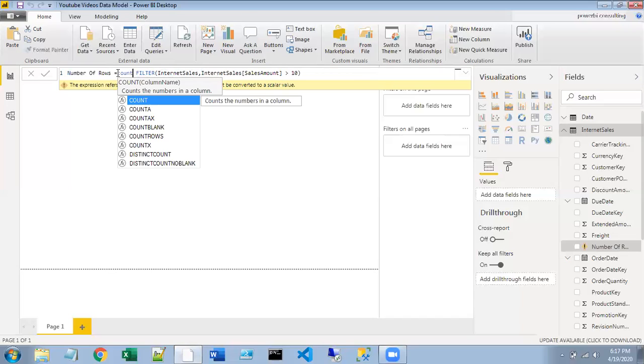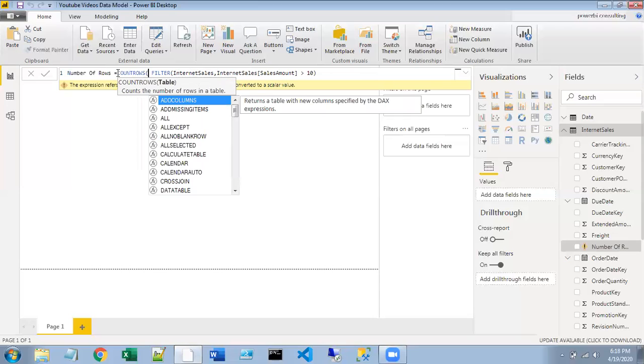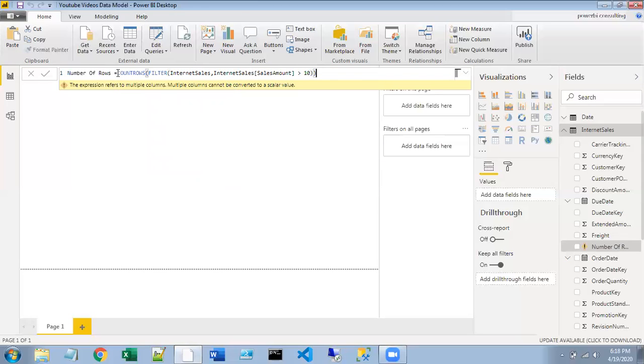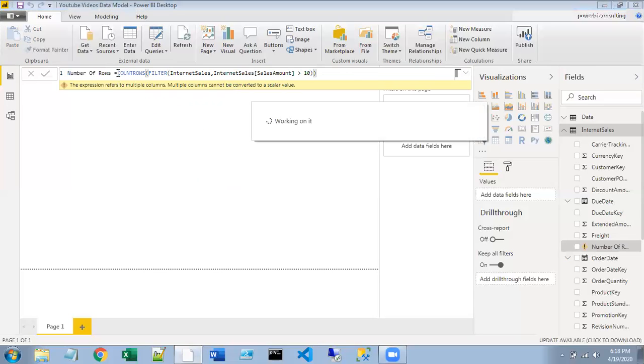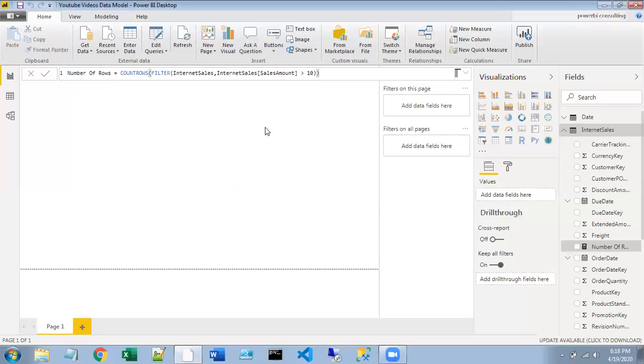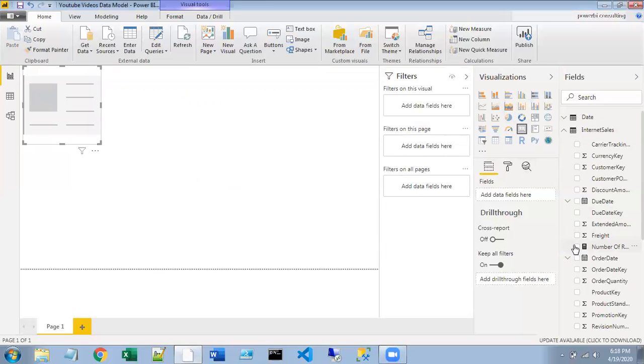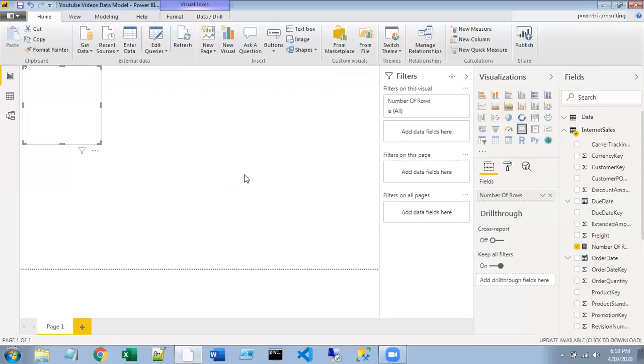COUNTROWS is the function that expects a table and returns the number of rows from the given table. Now the expression is valid, as it is returning a scalar value.